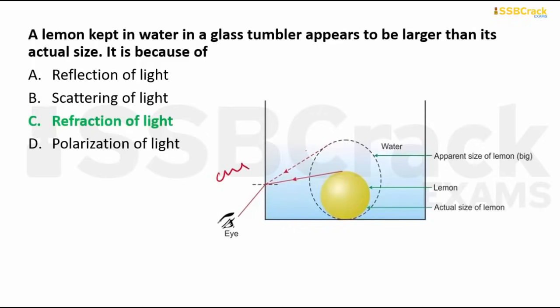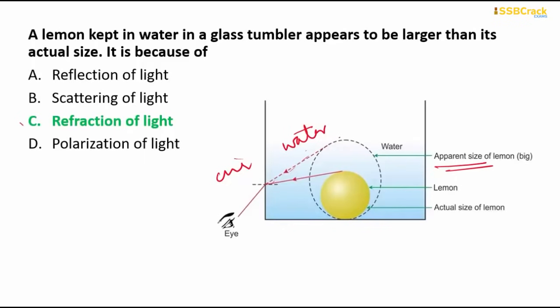Whenever a light ray passes from one medium to another medium, here the medium is air, but here the medium is water. So when the medium is changing, the light also will travel in a different direction. The main reason is the interatomic distances. So light will travel in a different direction instead of the actual path. This should be the actual path, but it travels in a different way, and that is the reason why the lemon will appear a little bit bigger. And the phenomenon is the refraction of light.